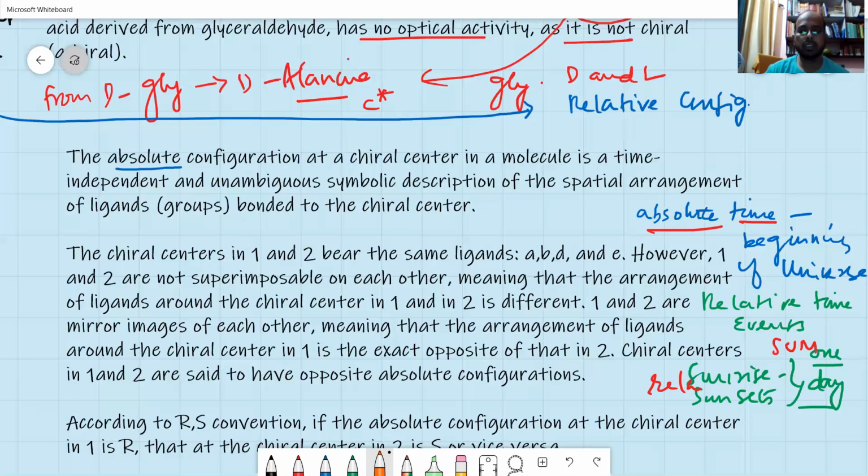Okay. So that is again the spatial arrangement of the ligands, or the atoms or groups, around the chiral center. The chiral center is one which you describe as a C star. You have got 4 different groups, that is A, B, D, and E. Why is C not there? C is already a carbon atom. Okay, 1, 2, 3, 4, 4 different atoms, and all the 4 are different.